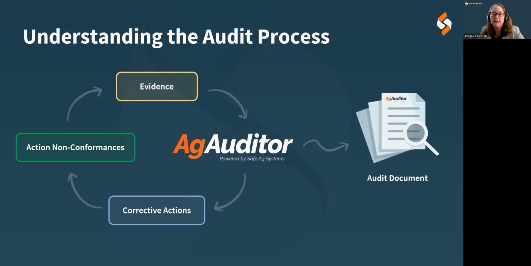So then you might run the audit again, determine again what gaps are present, once again corrective actions, meet the non-conformances, etc. So if we look at Ag Auditor, how does that help? The purpose of Ag Auditor is essentially to make the audit process simpler by enabling businesses to run internal audits multiple times where the evidence is gathered. The evidence can be gathered from either within your Ag system or externally. That evidence is then connected to the audit element or specific criteria that the audit has.